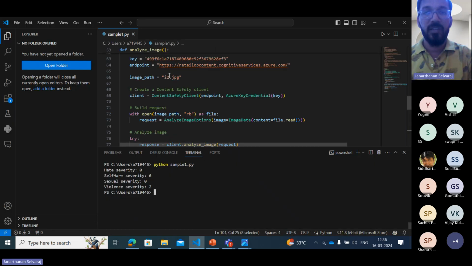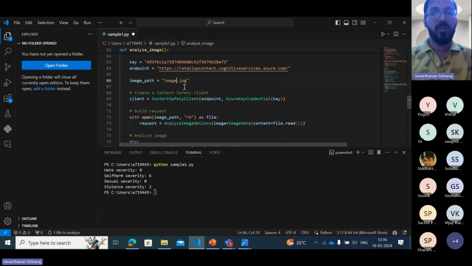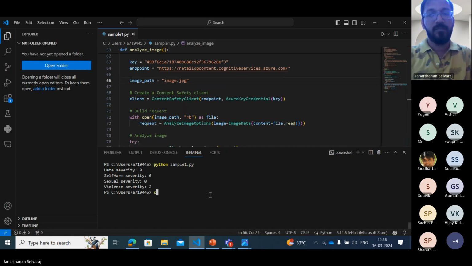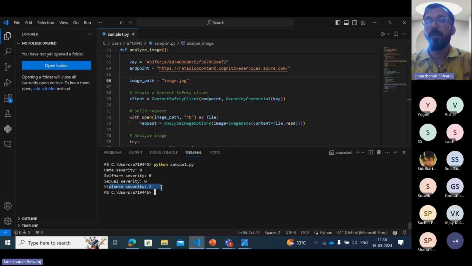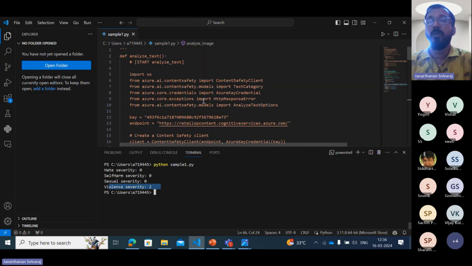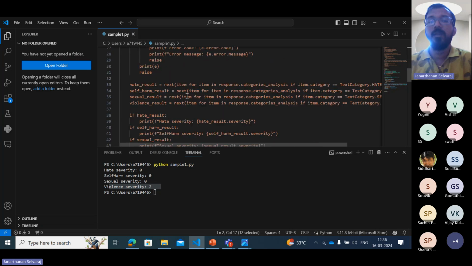Image.jpg, right? I'll be changing it to image.jpg. Let's see what is the result. It says violence severity as 2. It is non-zero. So these are the two ways to build custom solutions related to text, custom solutions related